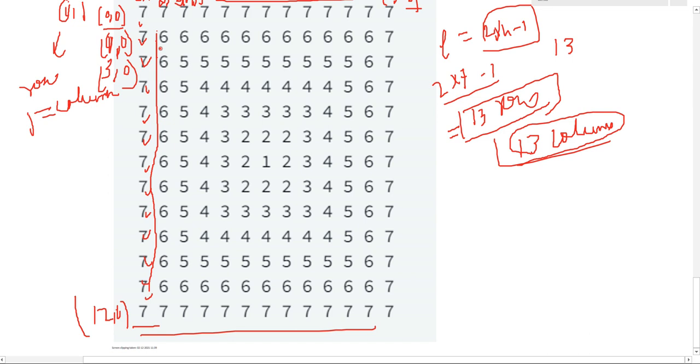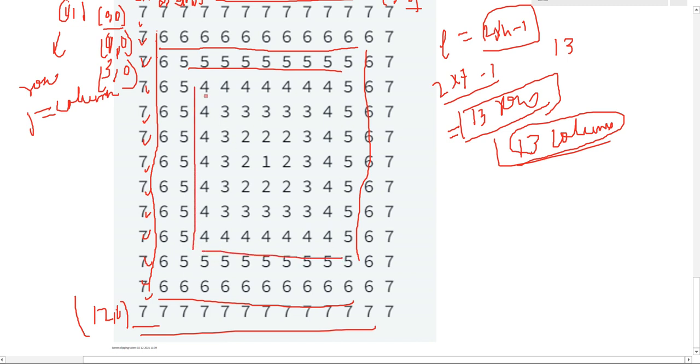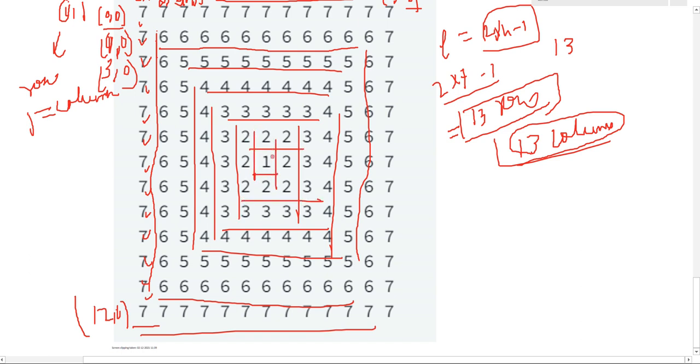Now for this second row it will print. For this last row it will print. For this last column it will print. So likewise it is going in a concentric way. Now for 5, it will go like this only up to this, and here 5 will go, and like this it will go here, and for 4 like this, and this, and this. For 3 it will go like this, like this, like this, and like this. For 2 it will go like this, and like the one ending.